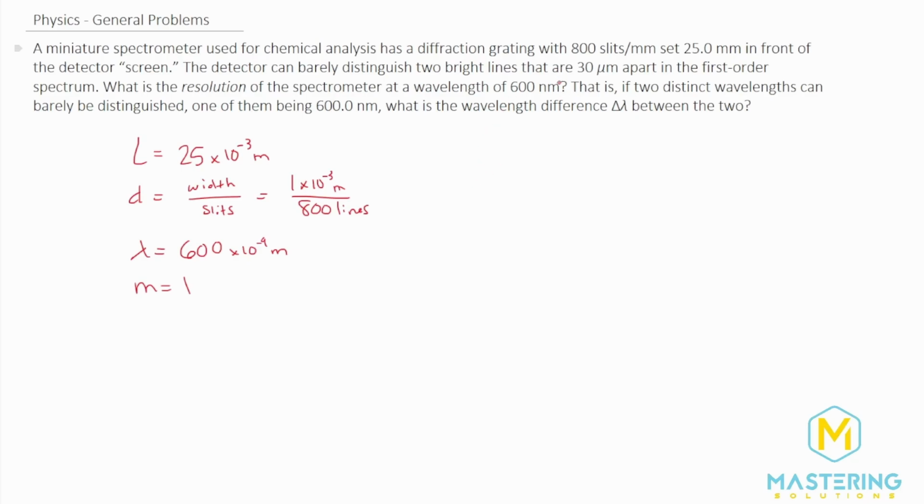So when we find the difference in the wavelengths, that'll tell us how much of a difference in wavelength this detector can resolve. Just like a TV, the higher the resolution, the sharper the image. And so what we're going to do is use two equations, and we have to work forwards and then work backwards. You'll see what I mean by that in just a second.